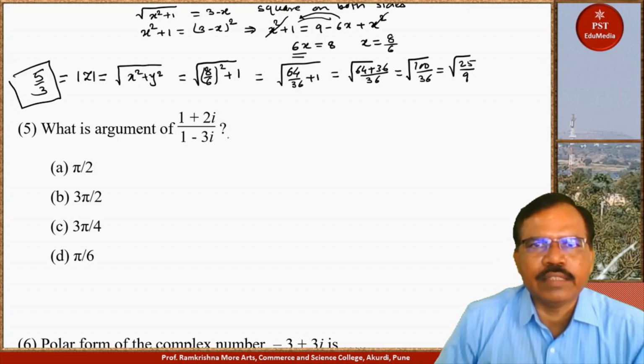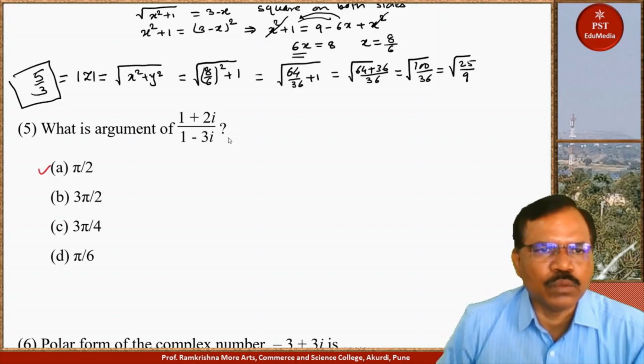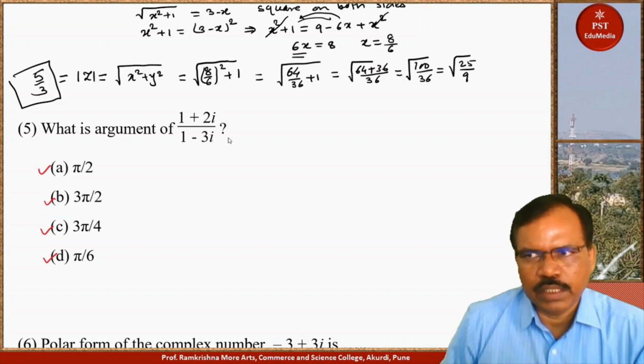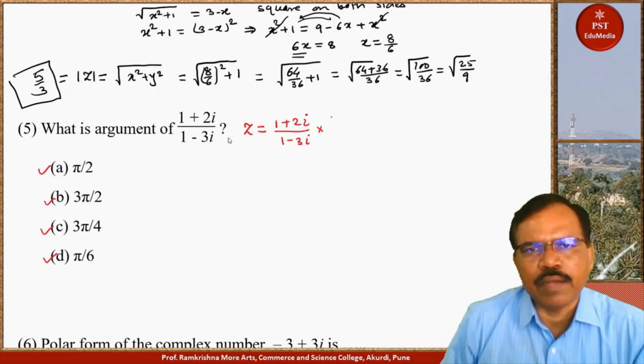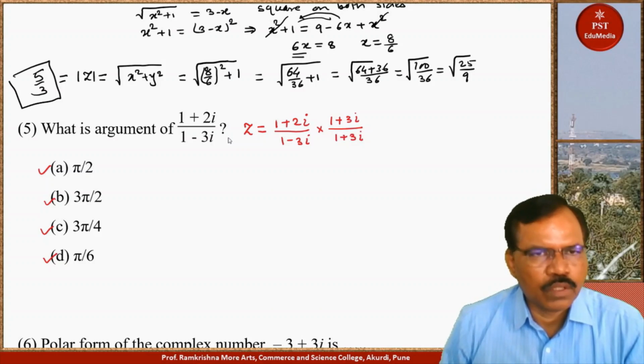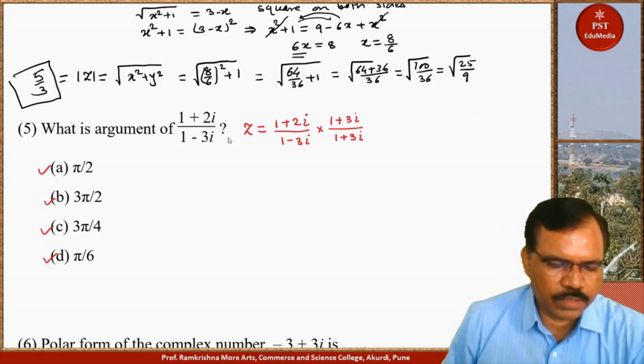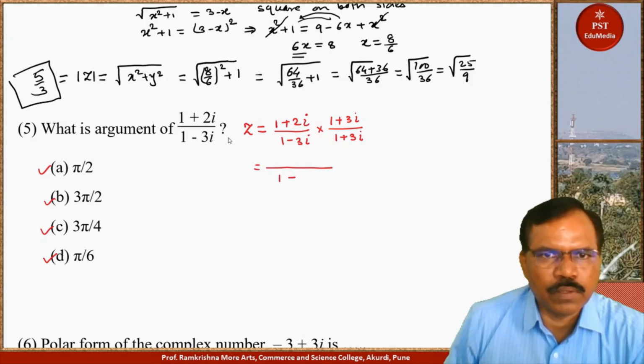So here we can take this as: the options are argument pi by 2, 3 pi by 2, 3 pi by 4, pi by 6. So here we have z is equal to (1 plus 2i) divided by (1 minus 3i). Now let us multiply it by the complex conjugate of the denominator. So here now you will get, at the denominator, we get 1 plus 9,